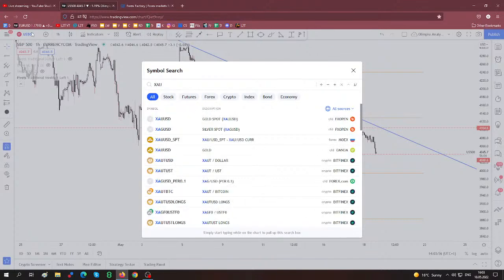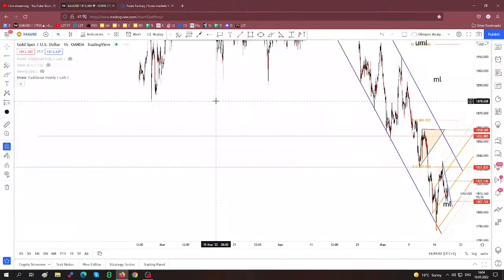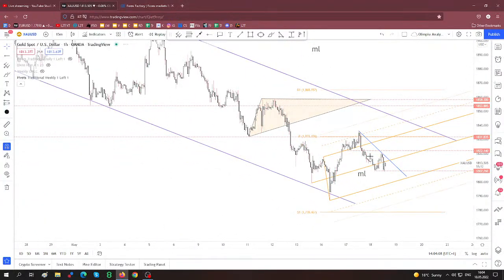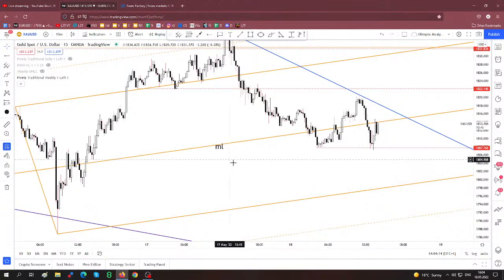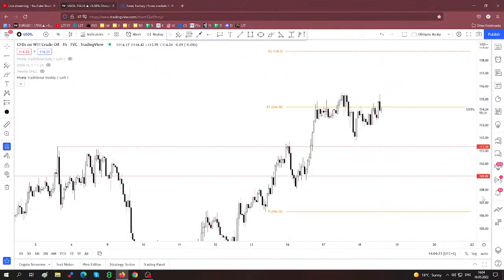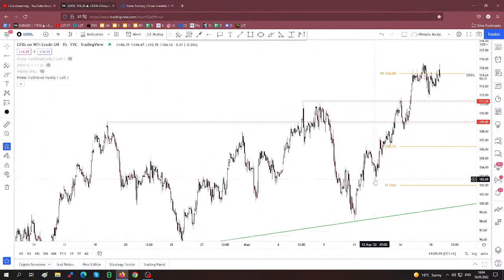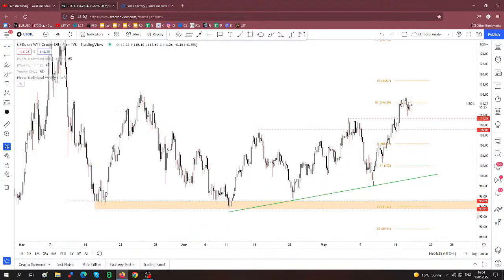Okay, so we talked about gold. Rebound, as I've said, but the bias remains bearish, the pressure is high. US oil, someone asked me about US oil as well. I will take a look on silver as well, and then I'll talk about euro versus the US dollar, British pound US dollar, about majors. So about US oil, key level here,